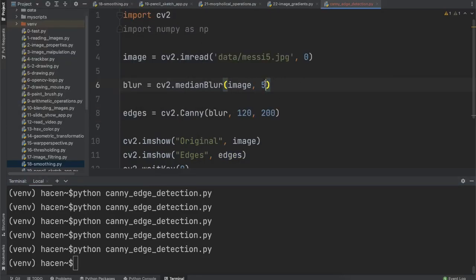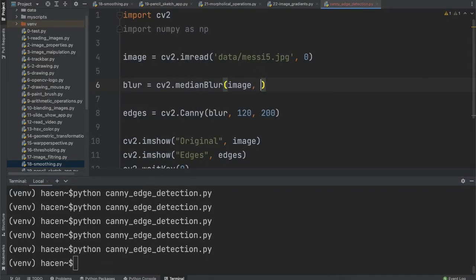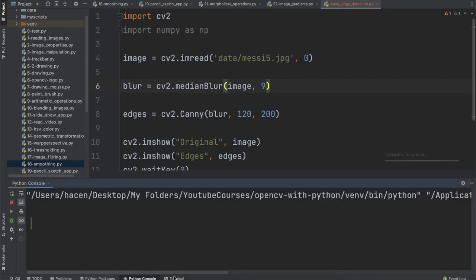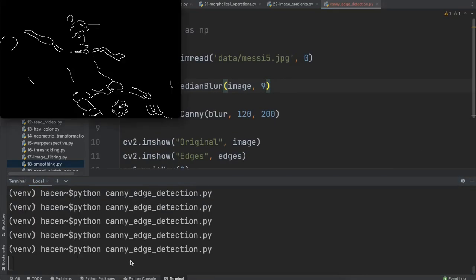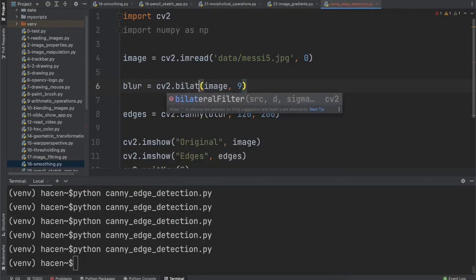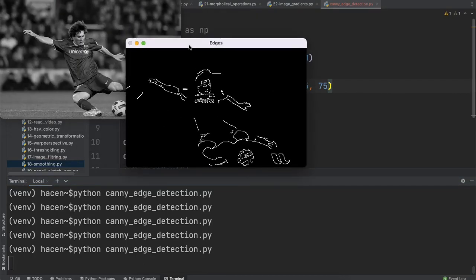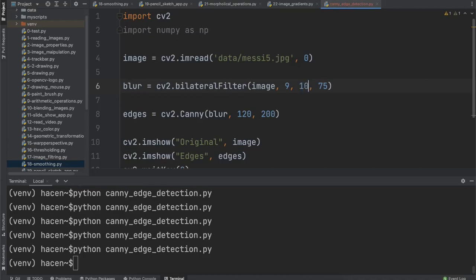If I make this, for example, 7, it's still noisy, and with 9, I'm sorry. Or if I, for example, try the bilateral filter, make this 9 and 75, and if I make this, for example, 100 and 100,